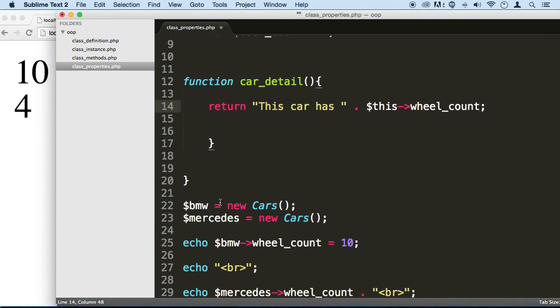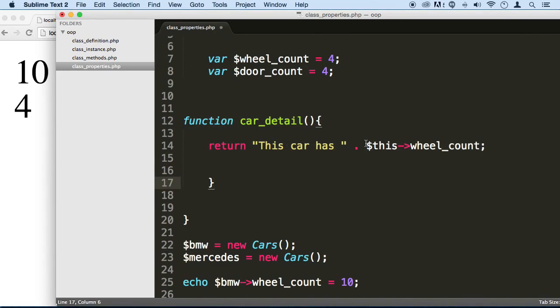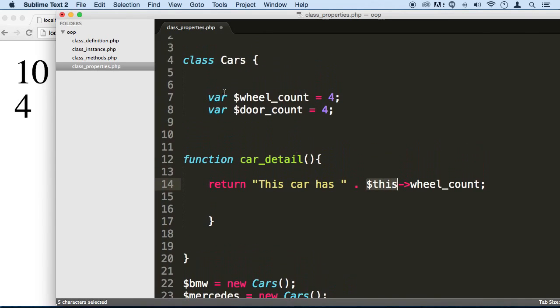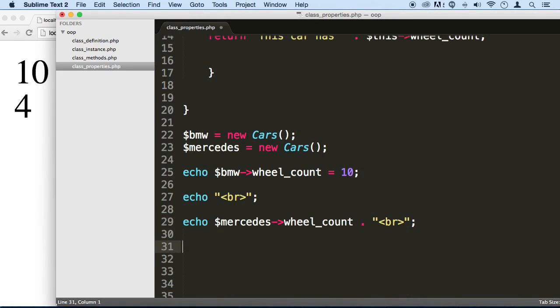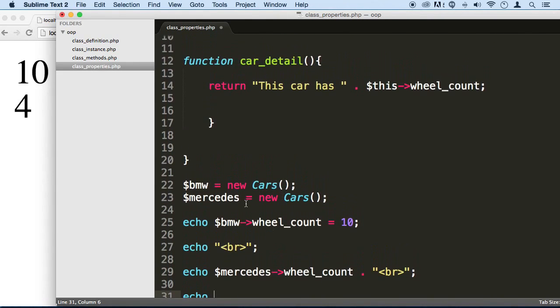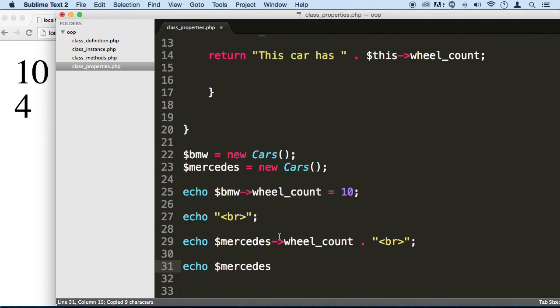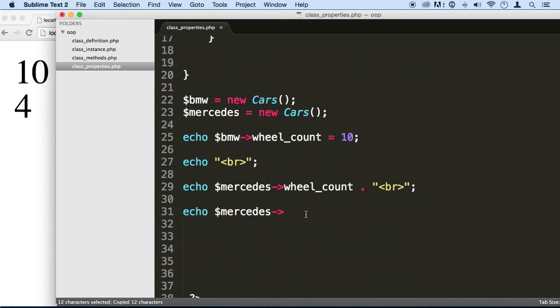So outside we need to use the name of the instance, of course, but because we are inside the class, we just use the pseudo variable this, and this refers to that specific class. So I'm using this property here from this class. This will count. So I'm returning this now. Now what I can do is call this down here, and I can say echo, and let me just use Mercedes, that's fine. So echo Mercedes, and then the name of that method right here,